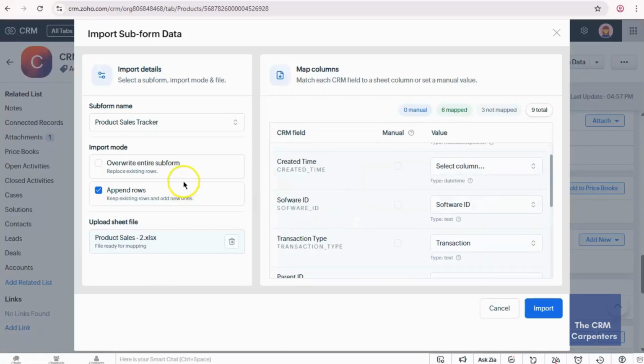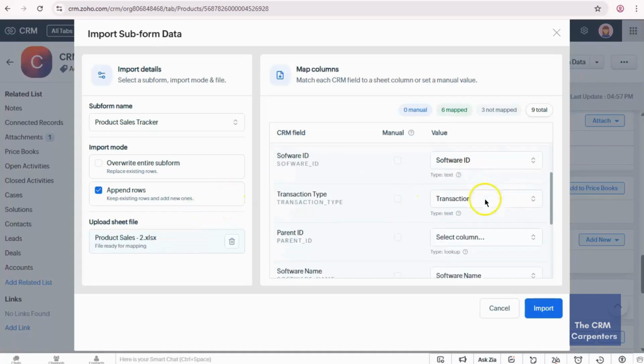Looking back here on the left side, the import modes will prompt you to choose overwrite entire subform or append rows. At this moment we will try append rows. When we select append rows, it will keep the existing rows from the current subform data and add new ones to the next empty rows.